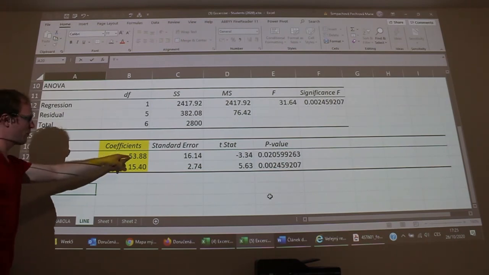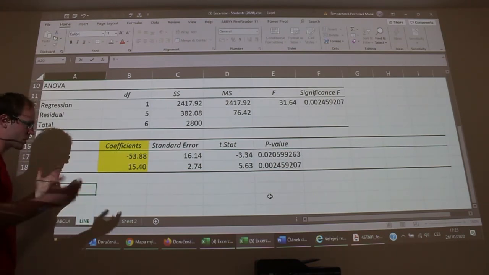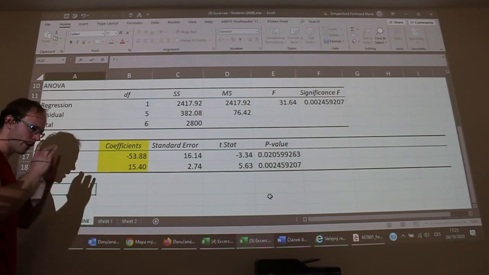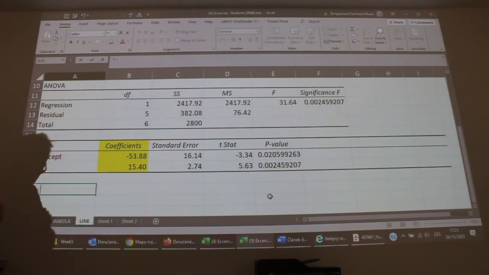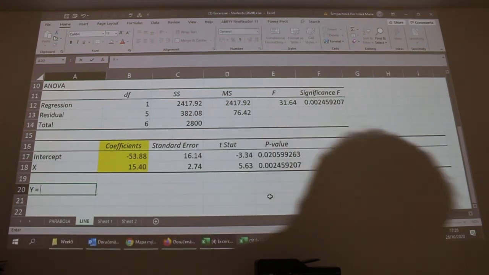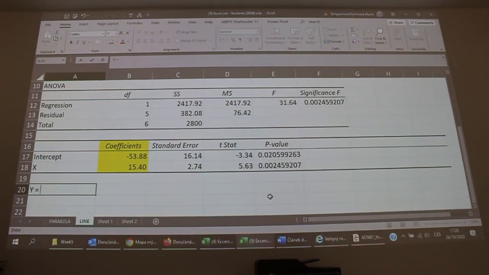So minus 53.88 plus 15.40x, and that's all, yes. So I will write it here. Minus 53.88 plus 15.40x, yes. So this is the line,